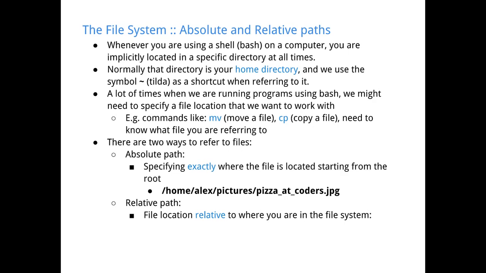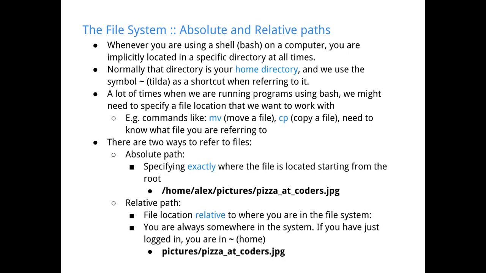You can go like two directories into your, I don't know, change your directory to the pictures, and then go into holiday pictures from summer 2015, and then, oh, I want to access that file. Well, you don't have to type it out from the root. You can actually use a direct path, meaning you are already in some directory, so you just specify where it is relative to where you are at that moment.